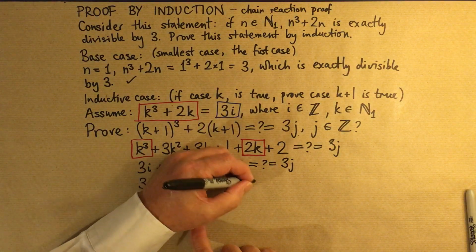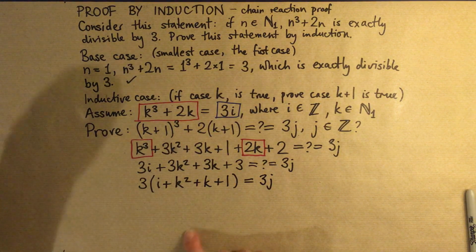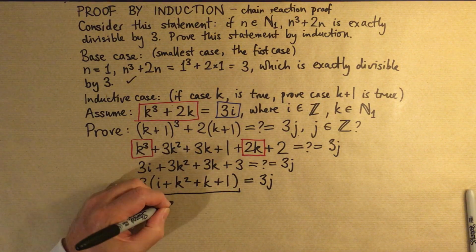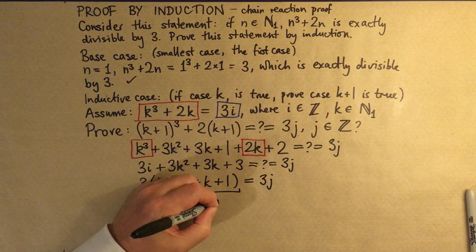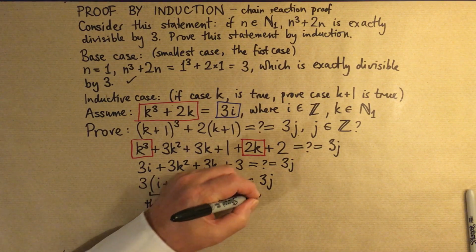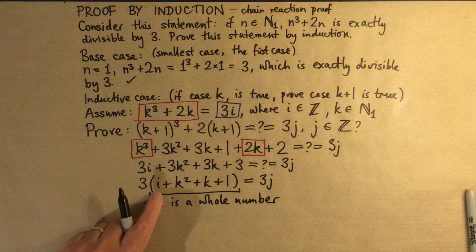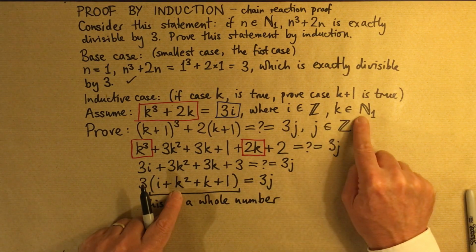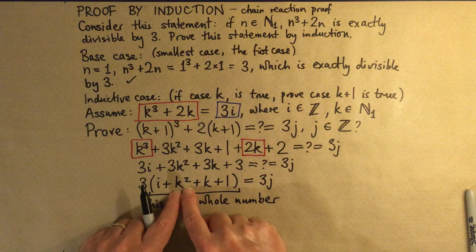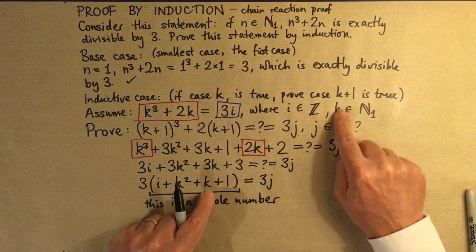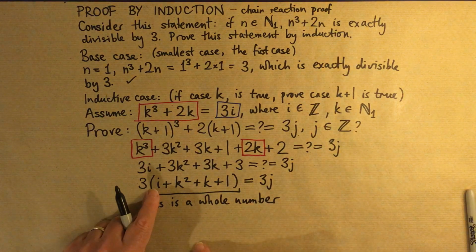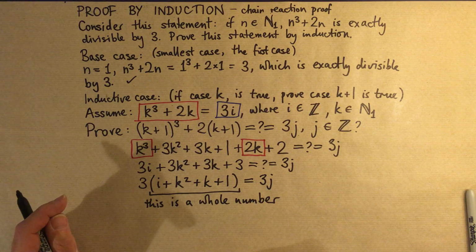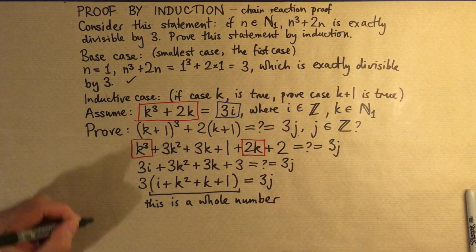And now I can actually say that this is equal to this, because this term here is a whole number. And the reason that I know it's a whole number is that i is a whole number. k is a member of N1, so it's definitely a whole number, and therefore k squared is a whole number. k is a whole number, 1 is a whole number, and if I take 4 whole numbers and add them together, I will get a whole number. This is a whole number, so